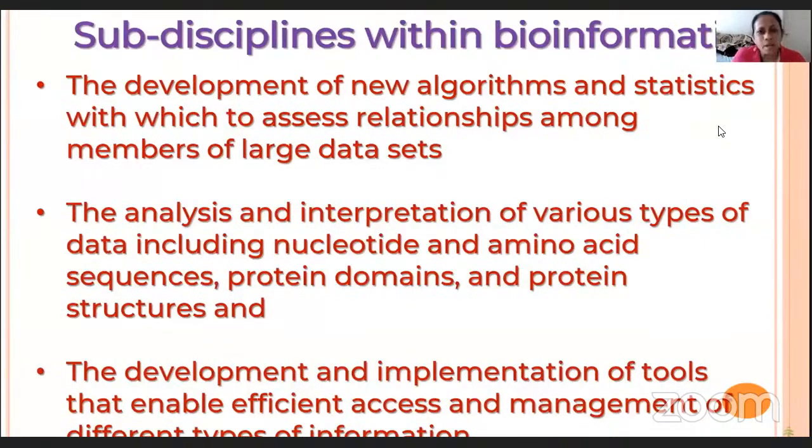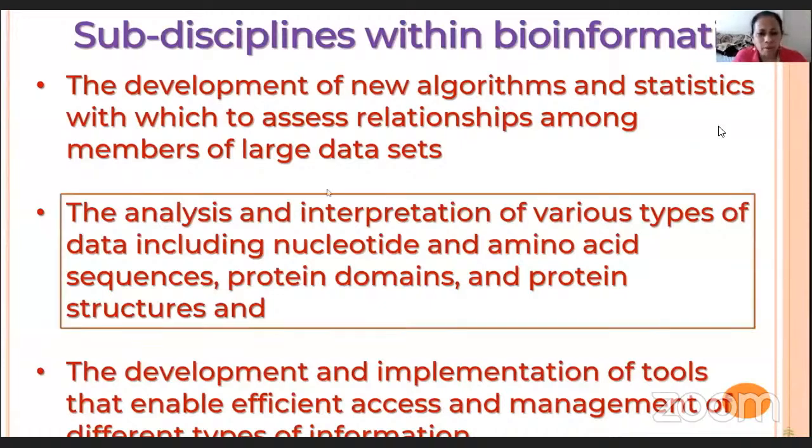Without tools, we cannot even mine and look at this data. In this course, you're going to be learning about a lot of resources where there is data, but also you're going to be using tools, because how do you use the data without tools, right? But we are going to be focusing just on this aspect of nucleotides, amino acid structures, and all of that for the first 1 week, right?